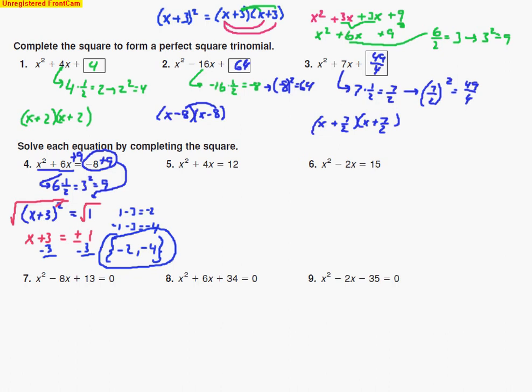We have it in that form in which we can solve this by completing the square. So all we have to do is take this 4, and we take half of it. And then from there, we get 2. Now we take that 2 and you square that number, and that gives us 4. So 4 is the number that you're going to end up having to add to both sides to make this